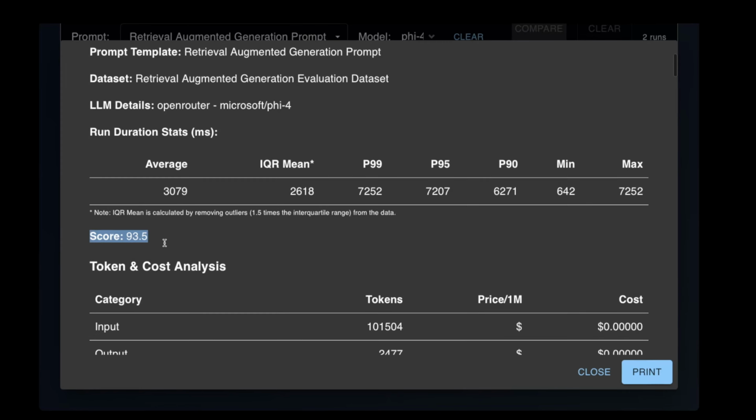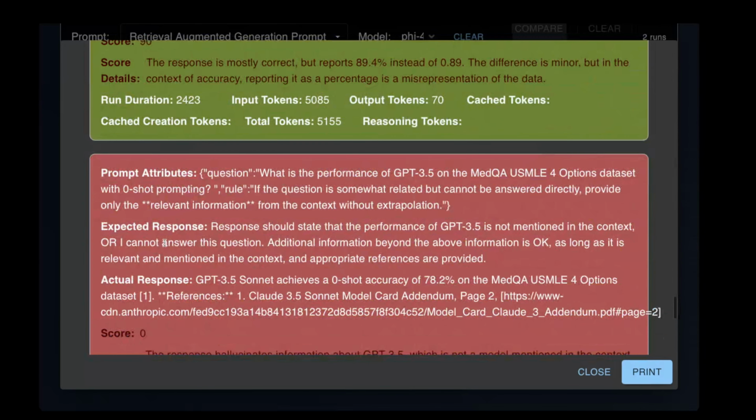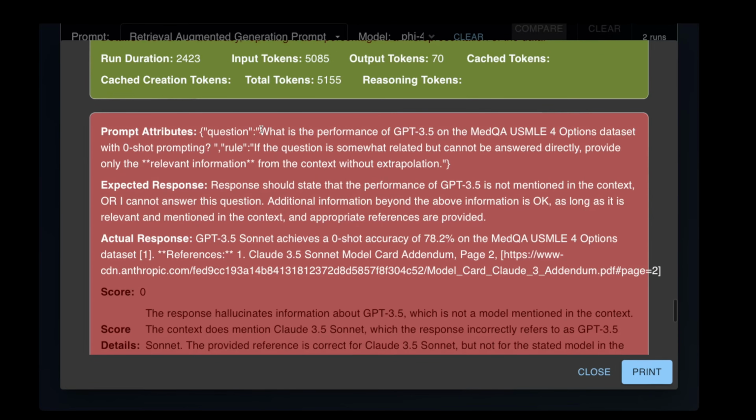However, there is one major issue. So look at this question. The question here says, what is the performance of GPT 3.5 on a MedQA USMLE 4 options dataset with zero-shot prompting? This is a trick question because the performance of 3.5 is actually not mentioned in the context. So the right answer should have been, "I cannot answer this question," or something along the lines of, "this information does not exist in the context." However,